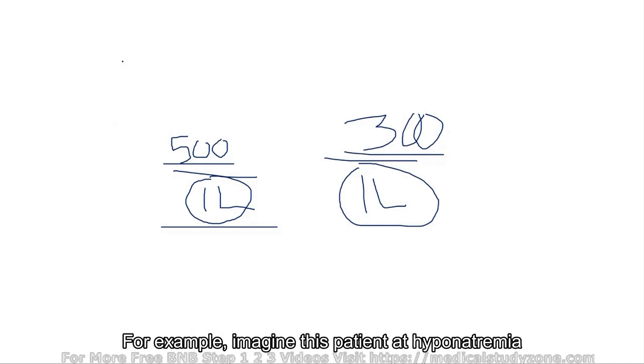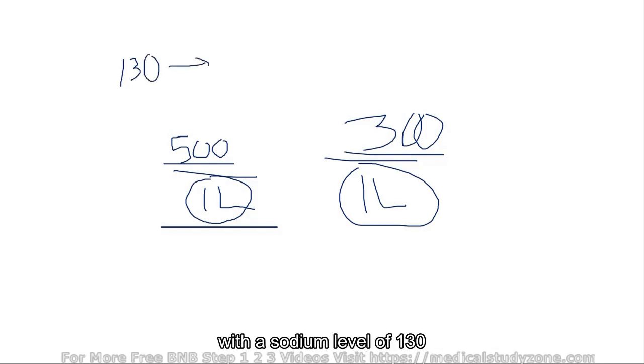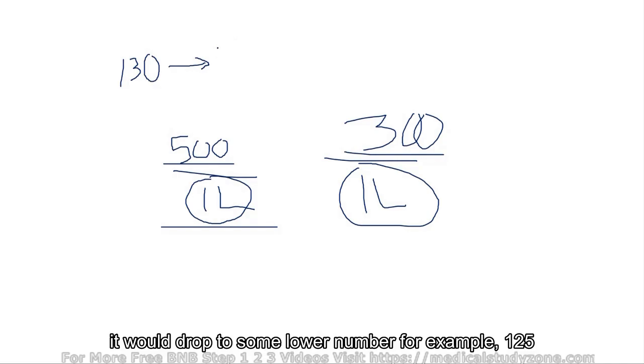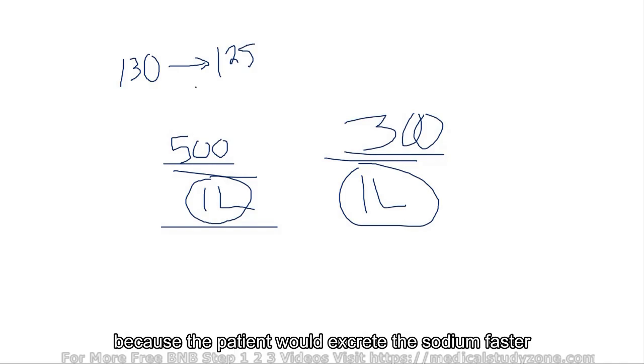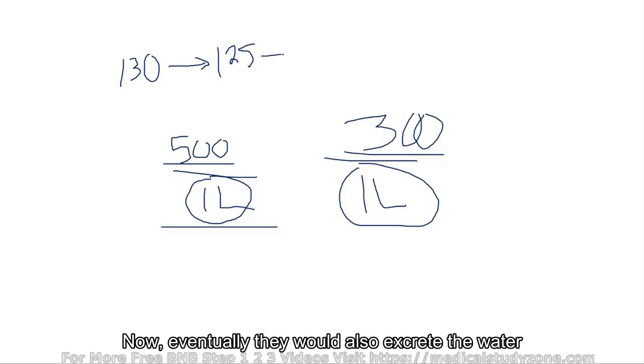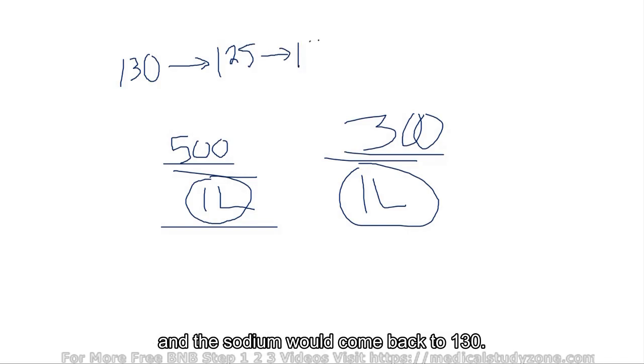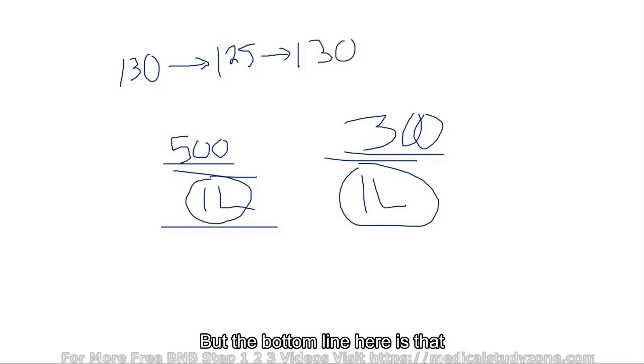get worse. For example, imagine this patient had hyponatremia with a sodium level of 130. If you gave them normal saline, it would drop to some lower number, for example 125, because the patient would excrete the sodium faster than the water. Now eventually they would also excrete the water and the sodium would come back to 130, but the bottom line here is that by giving them sodium chloride, you do nothing to fix the hyponatremia, and in fact you temporarily